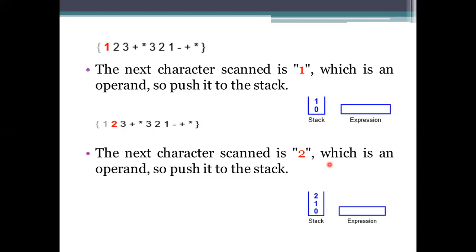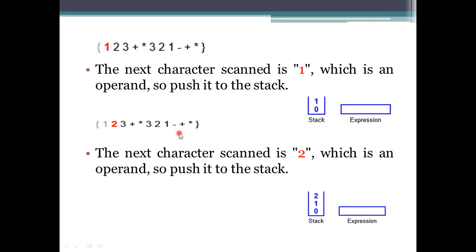We need to see whether it is an operand or not, meaning it is a value. So then it is an operand. What happens here is we need to see whether an expression evaluation is there or not. There is no evaluation to be done yet. So the value you are using will be stored into the stack, which is at the second place, 1.